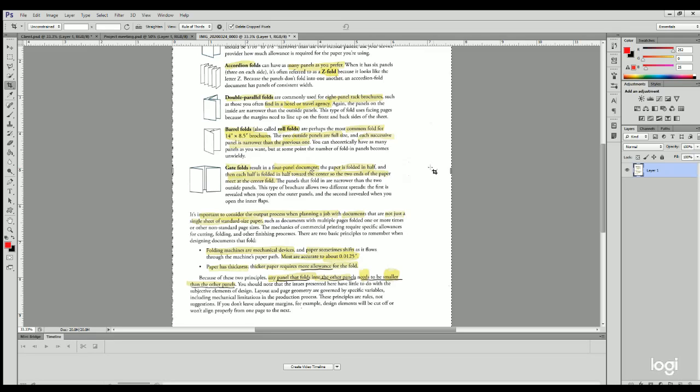You should note that the issues presented here have little to do with subjective elements of design. Layout and page geometry are governed by specific variables, including mechanical limitations of the production process. These principles are rules, not suggestions. If you don't leave adequate margins, for example, design elements will be cut off or won't align properly from one page to the next. So you have to be very, very careful of the edges of the paper before you